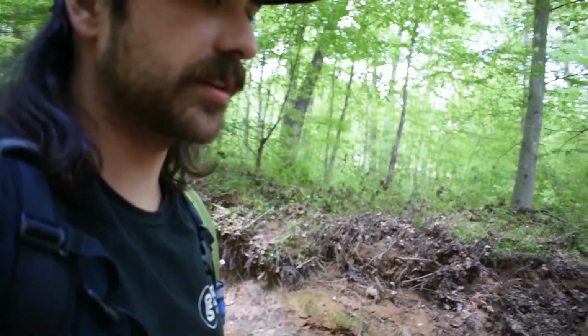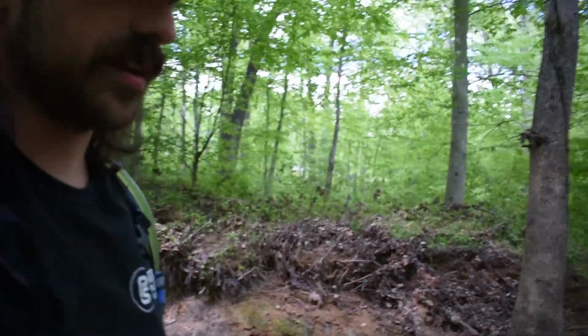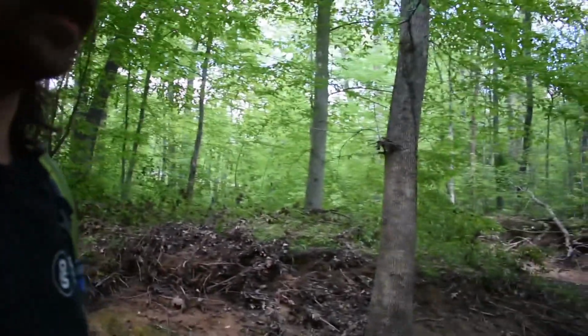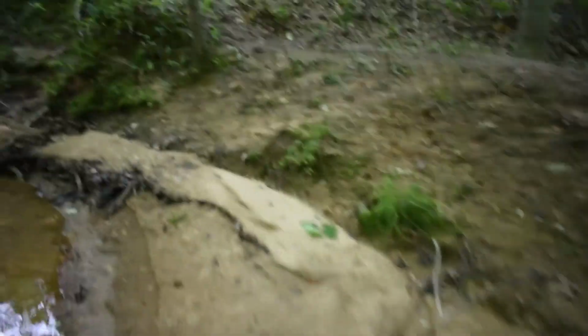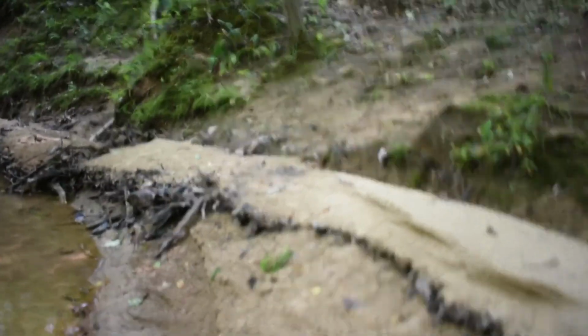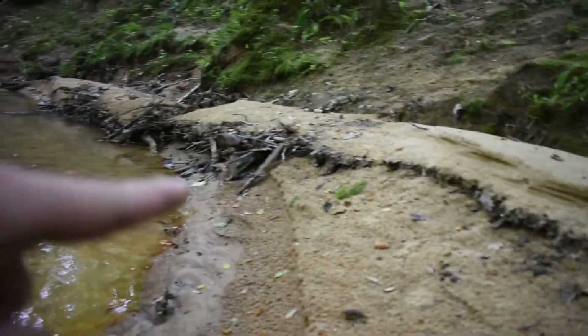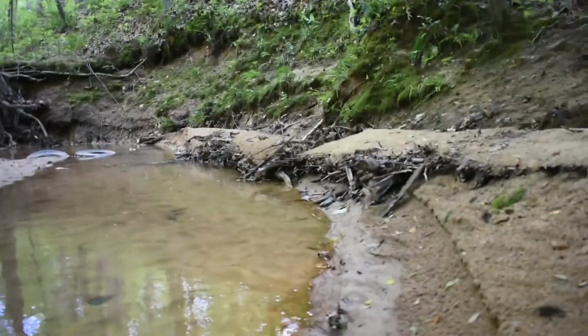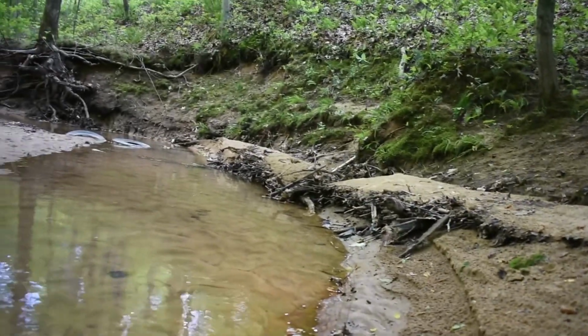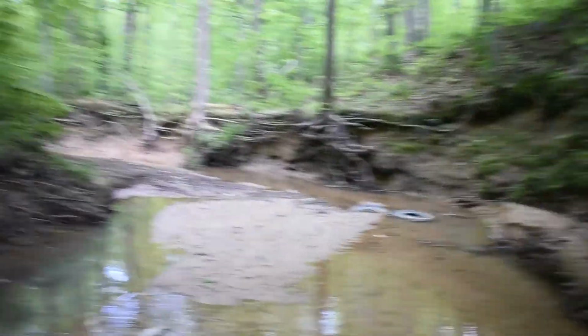And cottonmouths are a big thing out here. Here's a cottonmouth den. This is perfect bedding for a snake. I'm looking at it. And something like that, all those sticks and leaves all put together. Or like, look at this. Look how it's all covered in sand, but underneath it is a shelf of sticks and twigs and shit along this creek. That's a snake heaven. This water is pretty cold, so I don't know how active they are in it at this moment, but